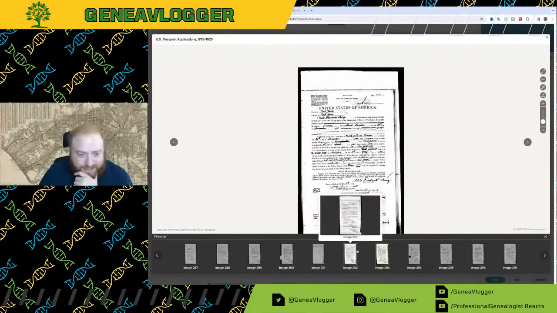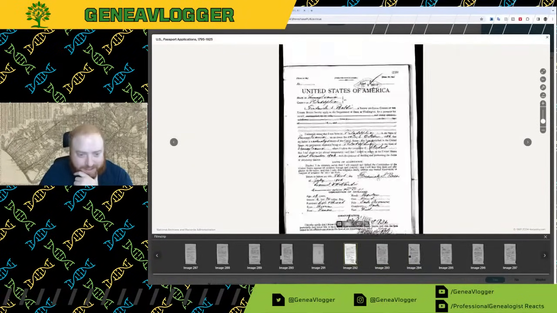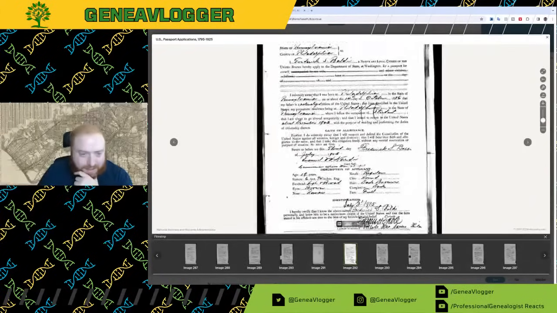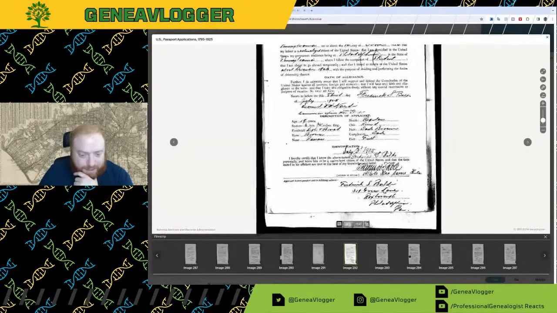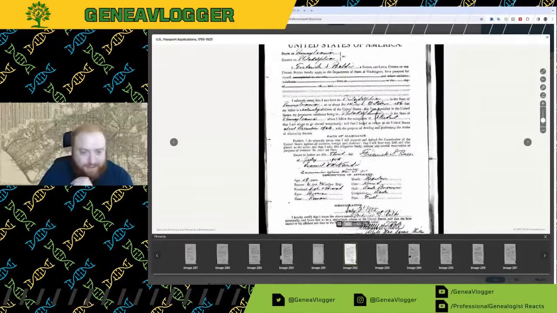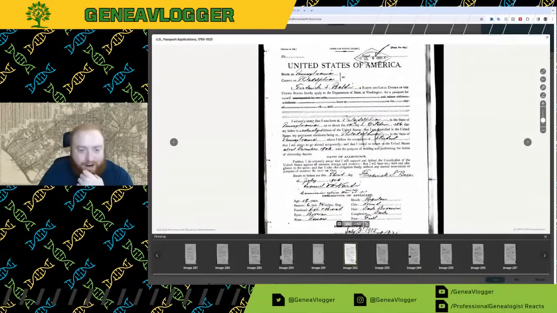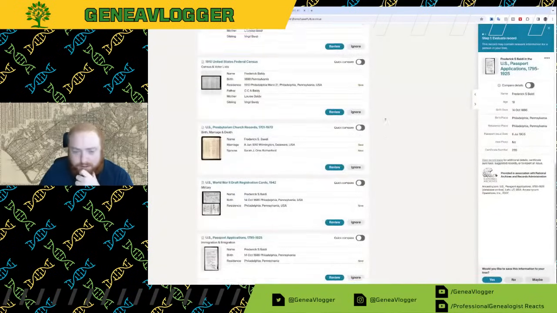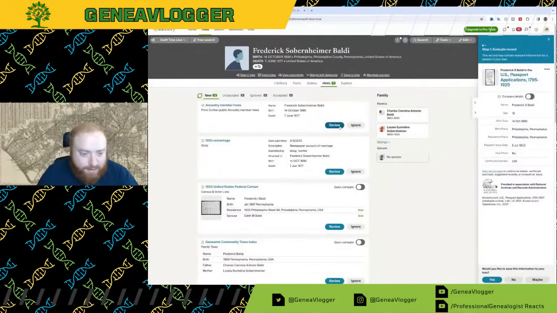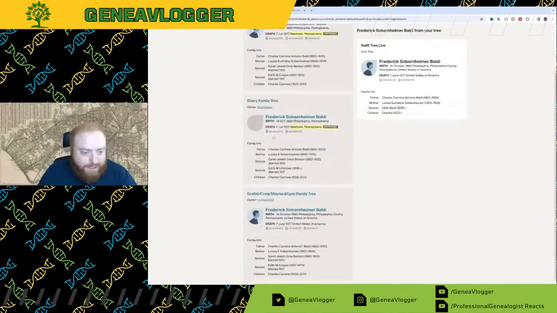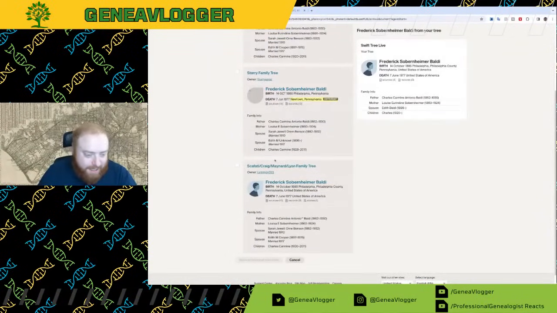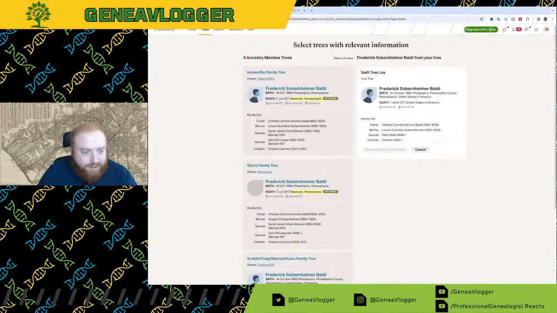Okay. So not much information here, but 319 Green Lane, Roxborough. So it might just be Charles. I'm going to take a peek at the other trees to see. And all of them list only Charles.